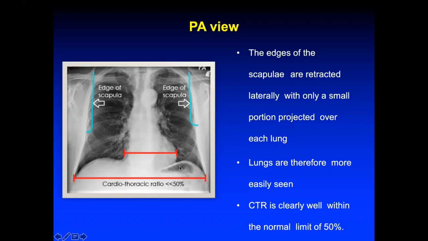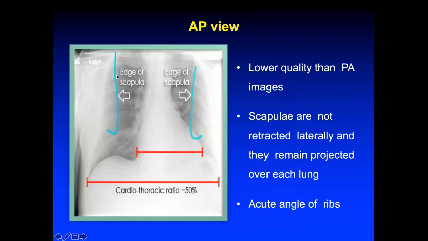The cardiothoracic ratio in a normal individual will be less than 50%. So the cardiothoracic ratio is clearly well within the normal limit of 50%. This is basically a description of a PA view. While on the AP view, what you have is a cardiomegaly, which seems like the CT ratio is more than 50%,